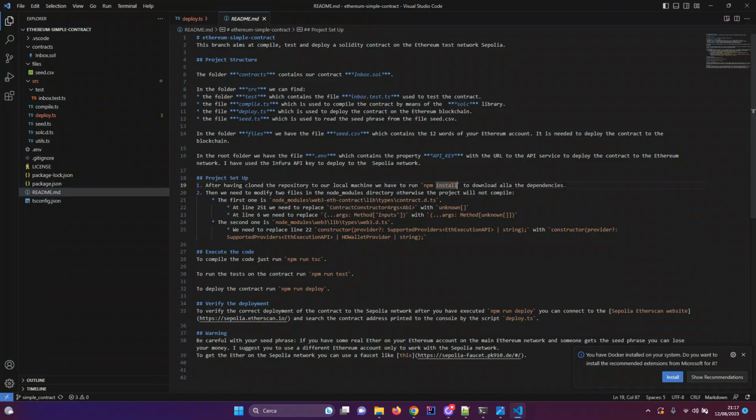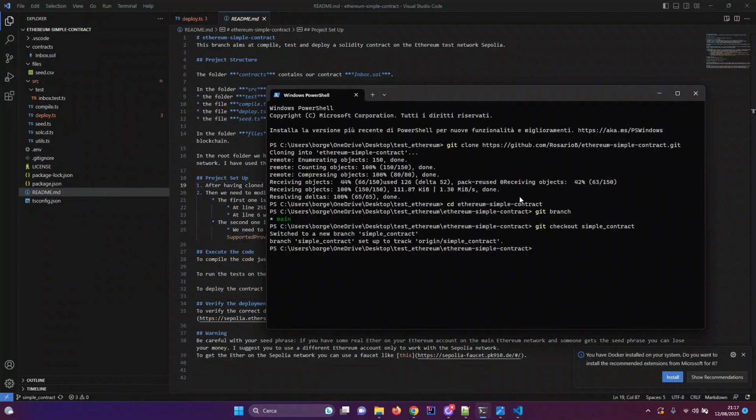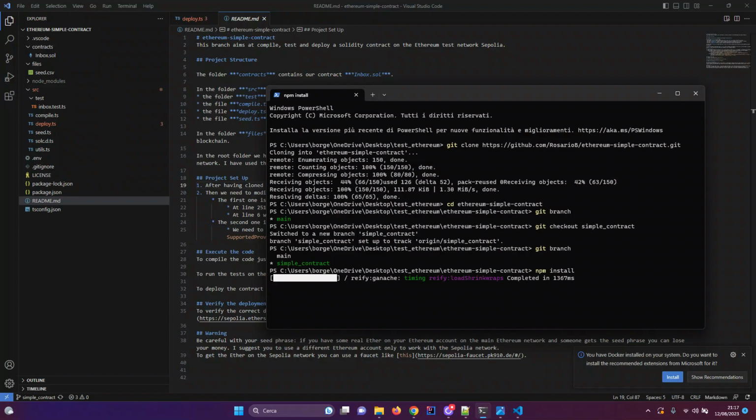So if we open our shell here, we are correctly in the simple contract branch, we can execute npm install, and this will download all the packages that we have listed in our package.json file.